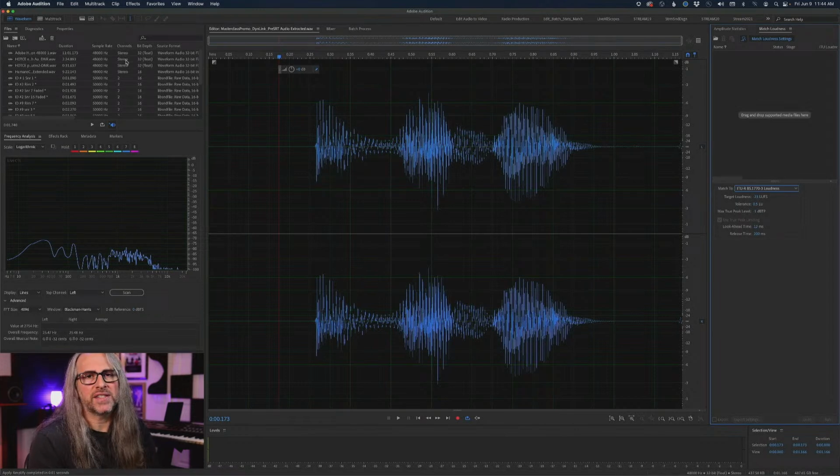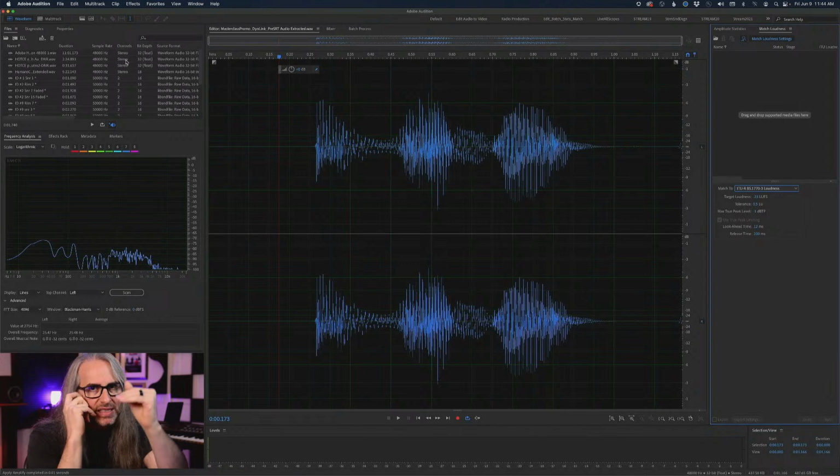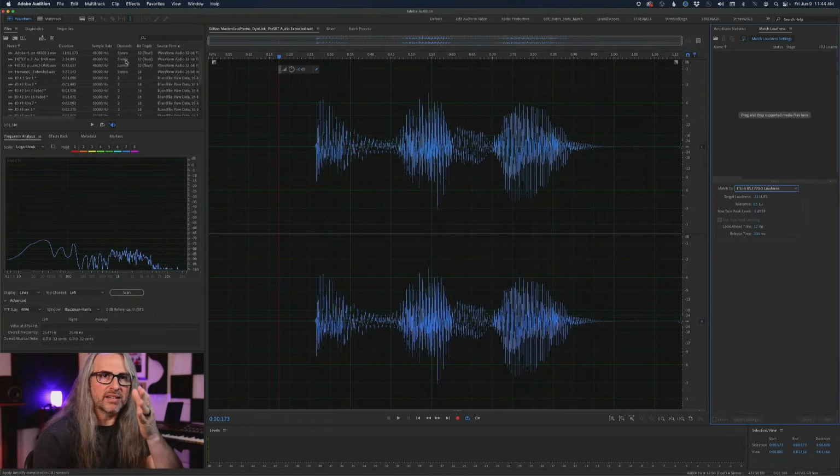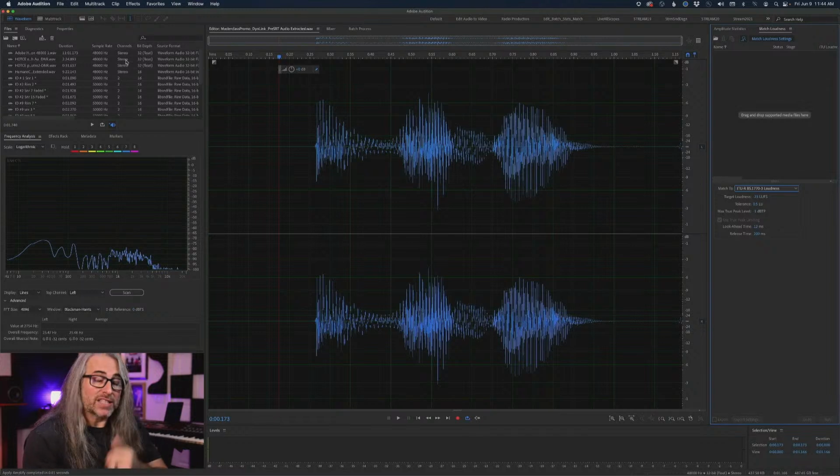Minus 16 LUFS is the overall loudness relative to full scale. So it might be minus 16, minus 15.7, maybe even minus 16.01, but it's not a peak level, right? It's the perceived loudness level over time. But that's what you're going for, that perceived loudness.